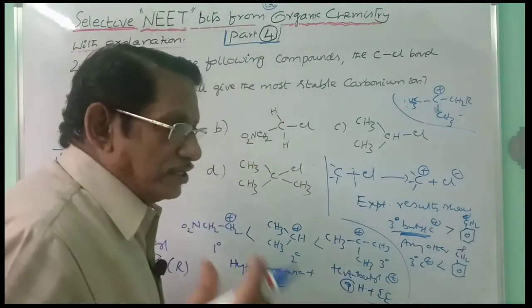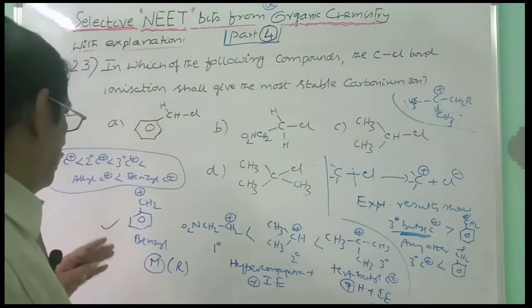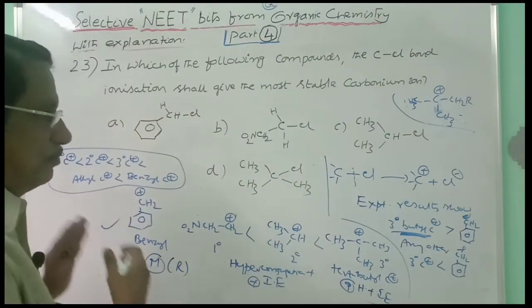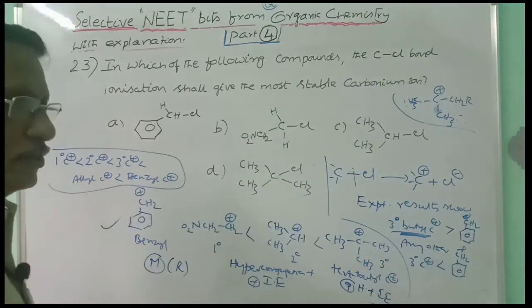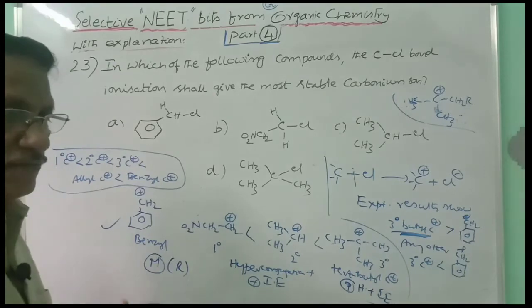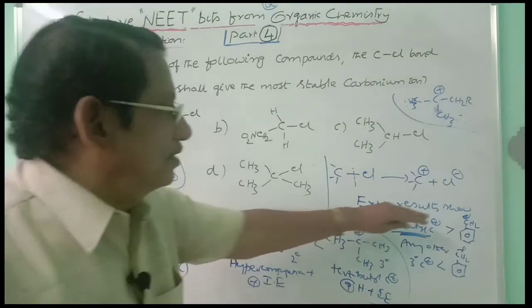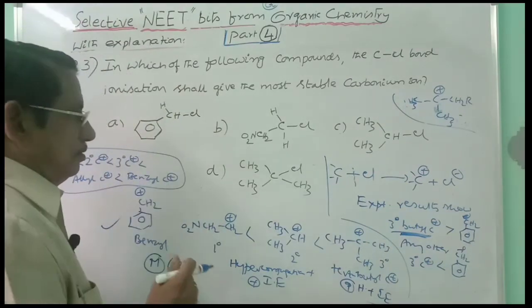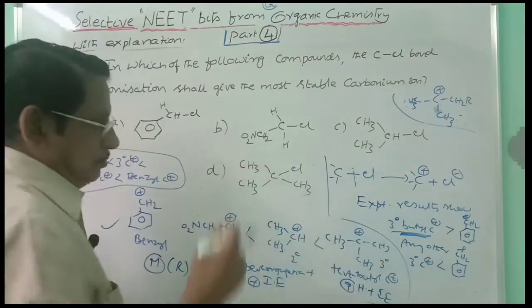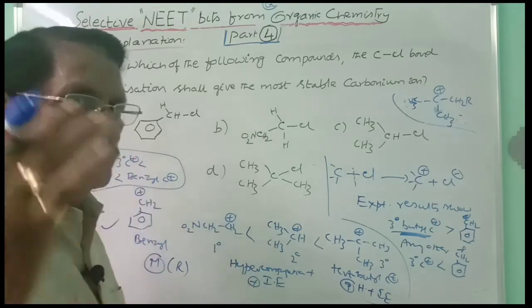Experimental evidence you have to consider whenever theory is made. Theory should be supported by the experiments. And here the experiment is not supporting this result. You have to support only the experiment. You have to give the final decision only by experimental results. And that is why, theoretically speaking, this is more stable; experimentally speaking, this is more stable. You have to give most preference only to experimental results.